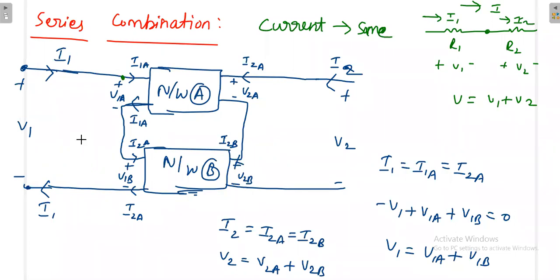So if it is connected in series combination, then the Z parameter will be better. For this alone I'll try to prove it; the remaining things you take as an exercise. So for series combination, I'll try to prove that the Z parameter is better. Similarly, for parallel combination, the Y parameter is better. For cascade connection, the T parameter is better. Again, we'll write the individual two-port Z parameters first.